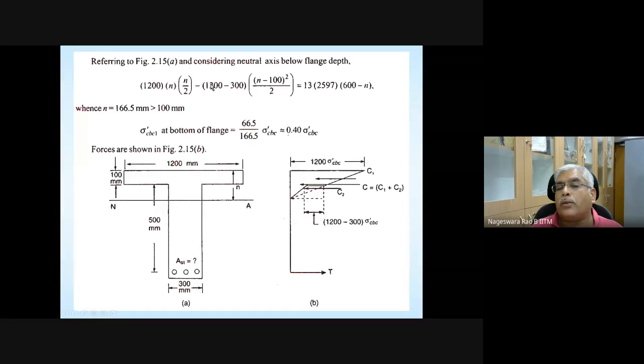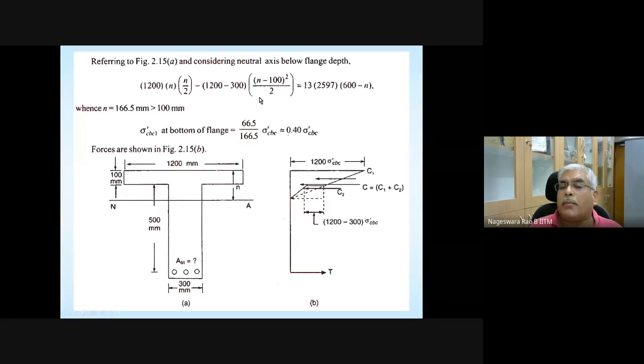So that is what is done. 1200 minus 300 is this portion plus this portion. So the total width is going to be 1200 minus 300. If you want this portion alone, it's going to be 1200 minus 300 divided by 2, and the two portions are there, so times 2. So 1200 minus 300